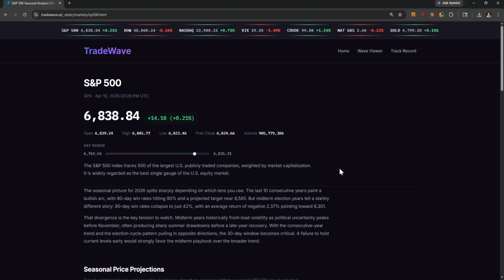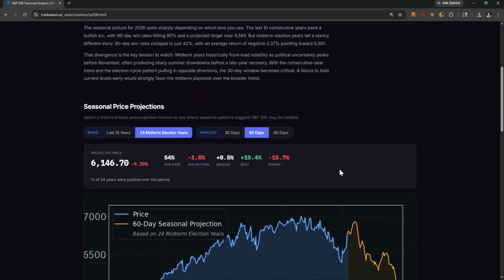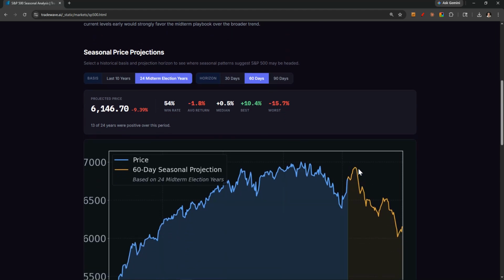There's a narrative over here about what's happening on S&P 500, but I'm first going to show you this based on the last 24 midterm election years. Look at this. We've been on an upswing, but the projection shows that the upswing should continue just a little bit more, for maybe about 1 to 2 weeks, maybe a little bit more than that, but not that much more. But look at what happens right afterwards. It's on the verge of a major drop after.